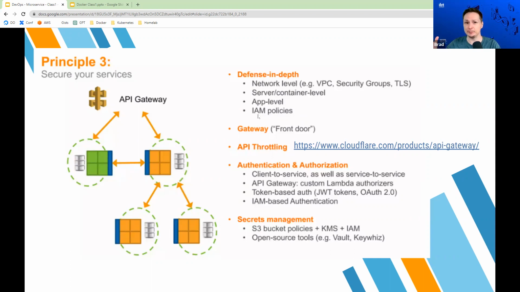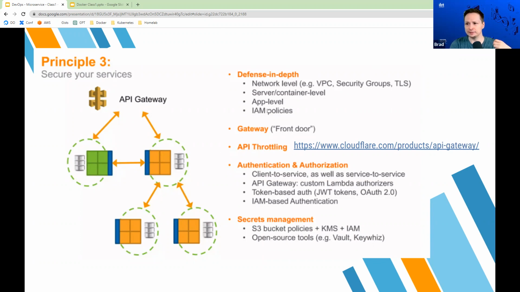Basically what an IAM policy is, it's a role that you can give your servers and your users in Amazon. And basically it's the permissions that those users can perform. And the IAM role can be assigned to your servers as well, not just people. So yeah, network level, server, container level, application level,